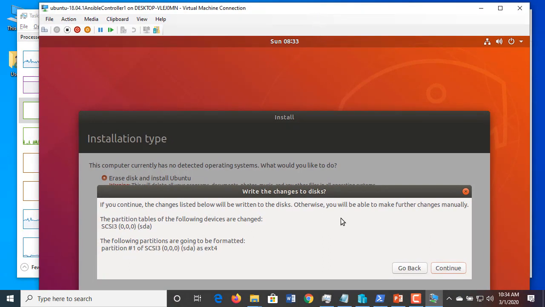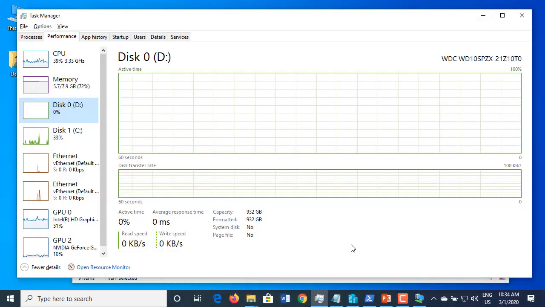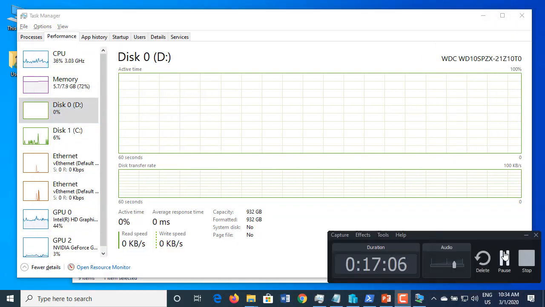Sorry about that. Okay, what I can do actually is pause recording and resume when it starts doing something. I'm afraid that I'm gonna lose this, but